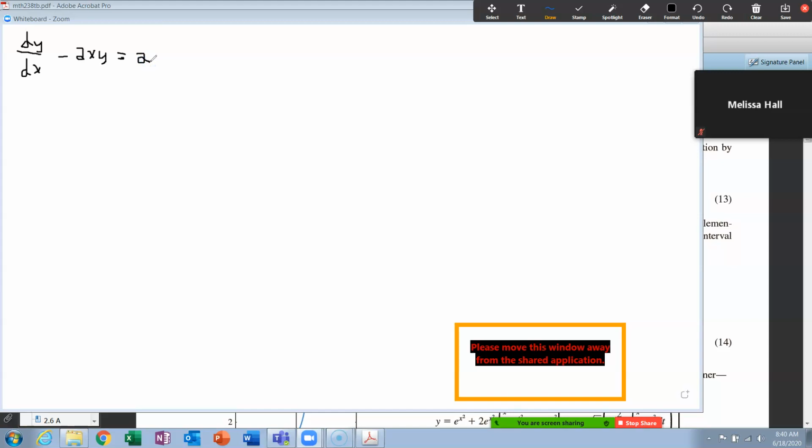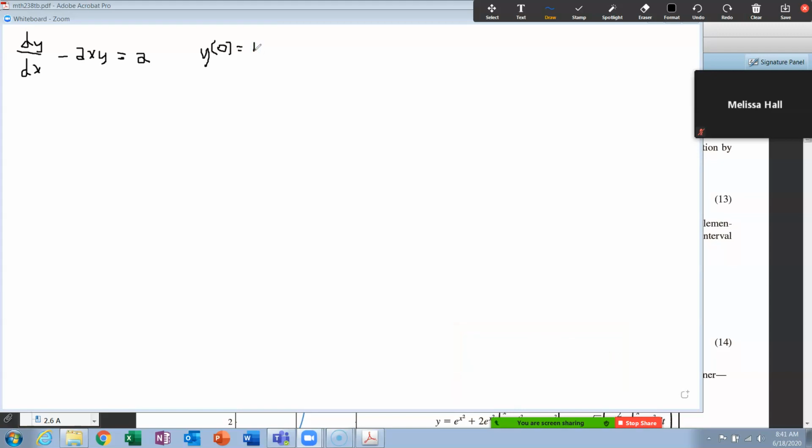Okay, with the initial condition that y of 0 is equal to 1, I believe it is. Okay, yeah, there's our problem: dy/dx minus 2xy